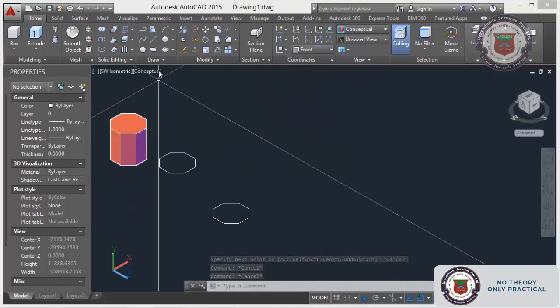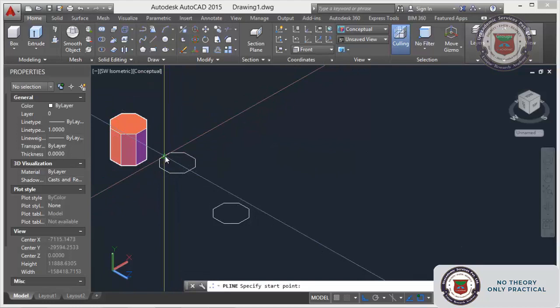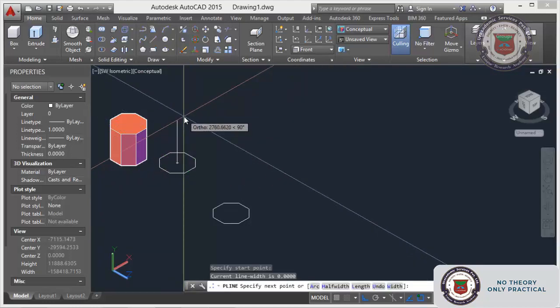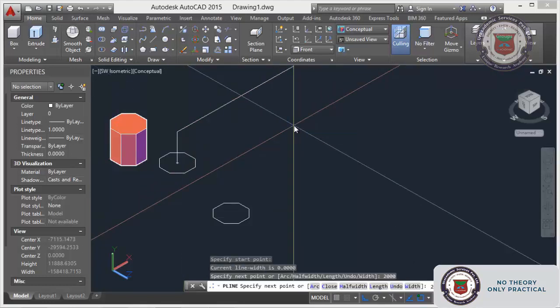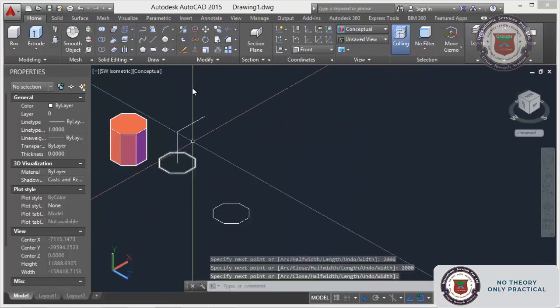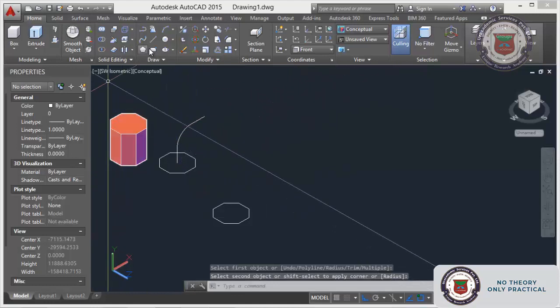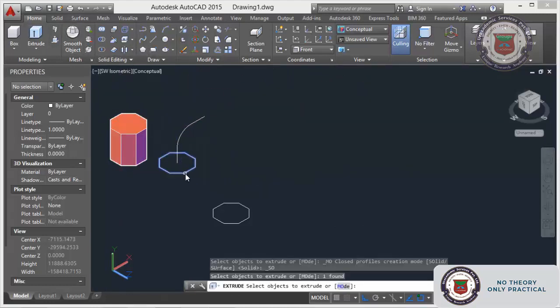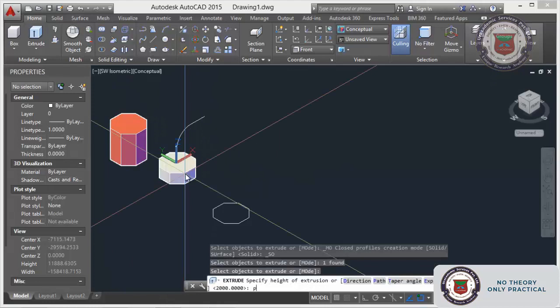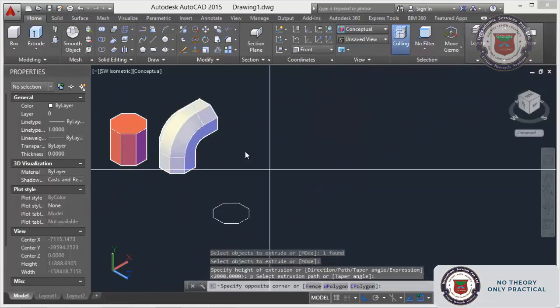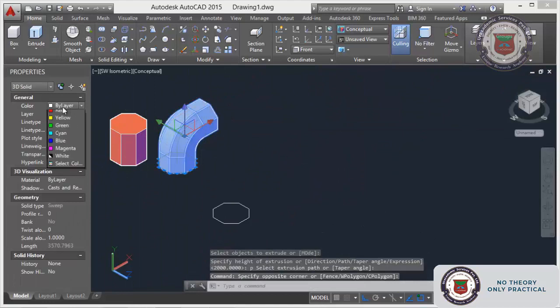Select polyline, give 2 meter, this side 2 meter, and make the fillet. Now you can give extrude, select object, enter, just give path, enter, select this one, so you will get the path. This is the second option in the extrusion.